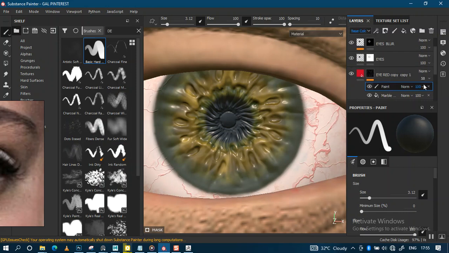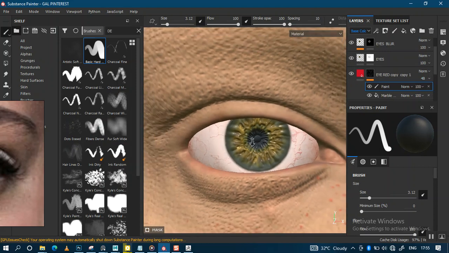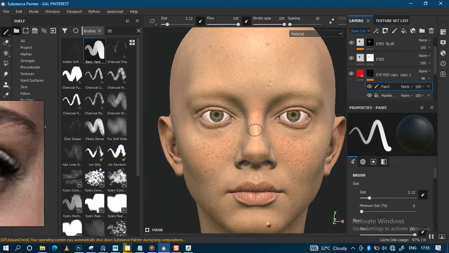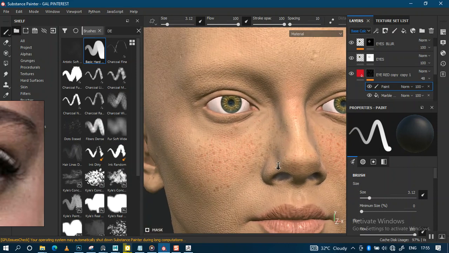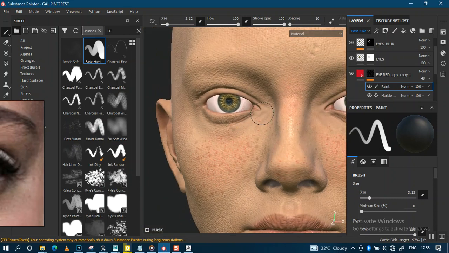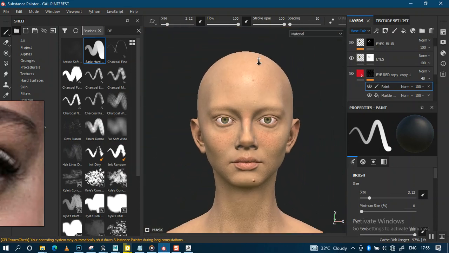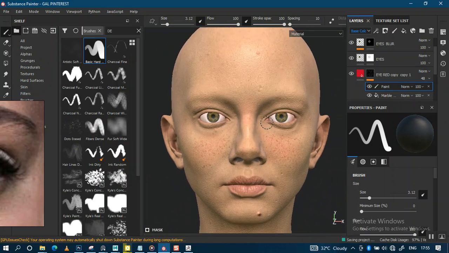I'll go to the color, base color, and I'll take this down some more. I think somewhere around here should be fine. Yeah, something like this should work just fine. Yeah, this will work. So now the next thing we need to do is to give the